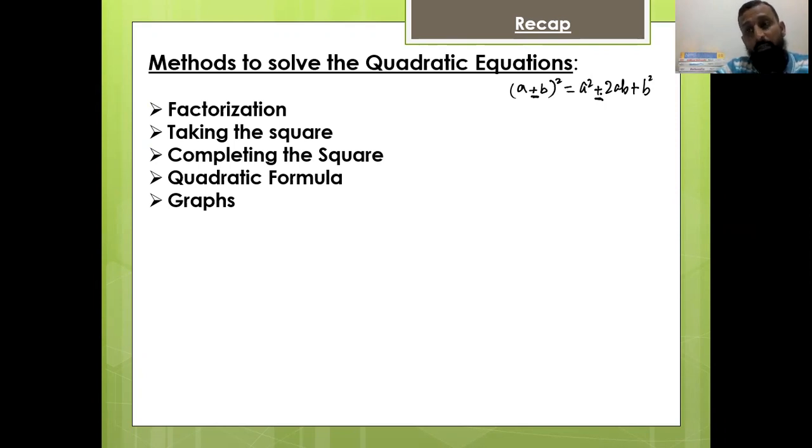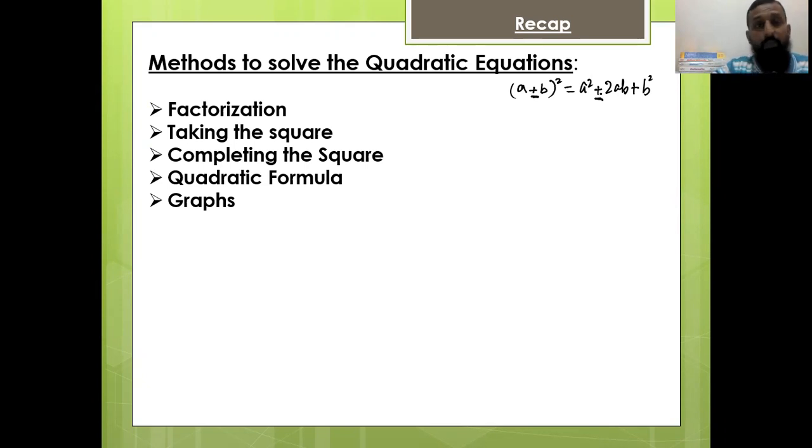Okay? In middle term breaking, when we have three terms, we apply a technique in factorization called middle term breaking. We split the middle terms into two parts. How do we do that? By multiplying the two extreme numbers. We multiply the two extreme numbers, we make factors of that. Okay? Then we make either a sum or a difference by putting the suitable signs, and we split the middle term into two parts. Then we have two groups, we take out something common and we factorize it and then